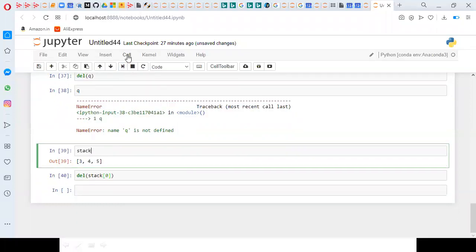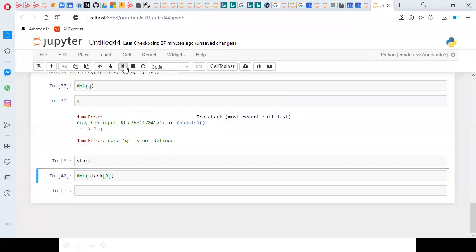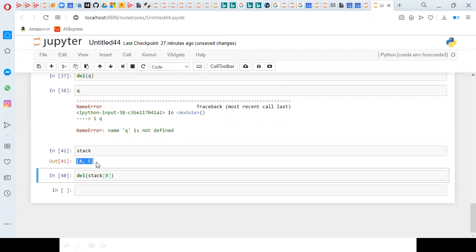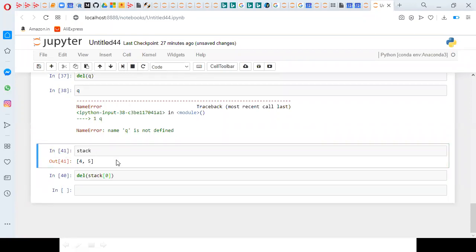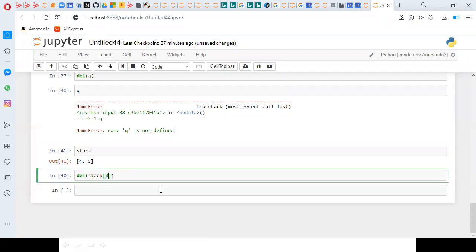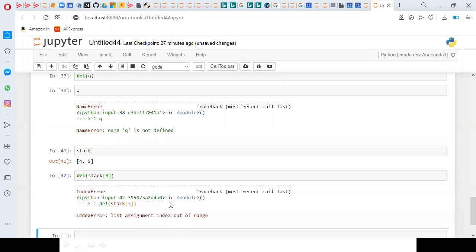If you check stack, you will get 4, 5. Earlier it had 3, 4, 5, but now it is showing only 4, 5. So this is a way to delete a particular object. If I try to delete an element with an index which is not available, we'll get a list assignment index out of range error.